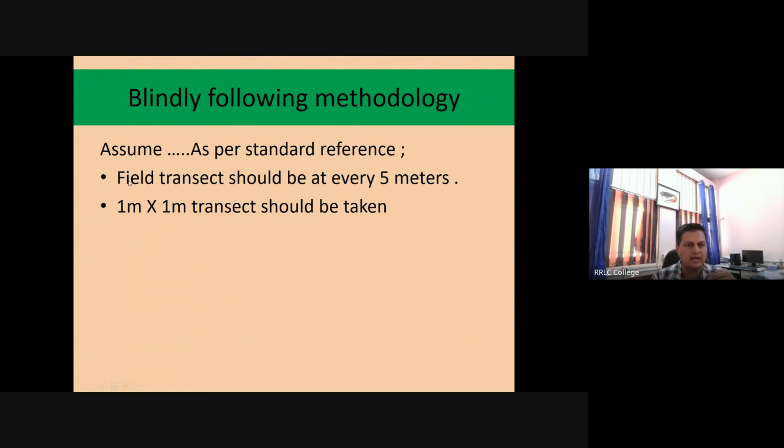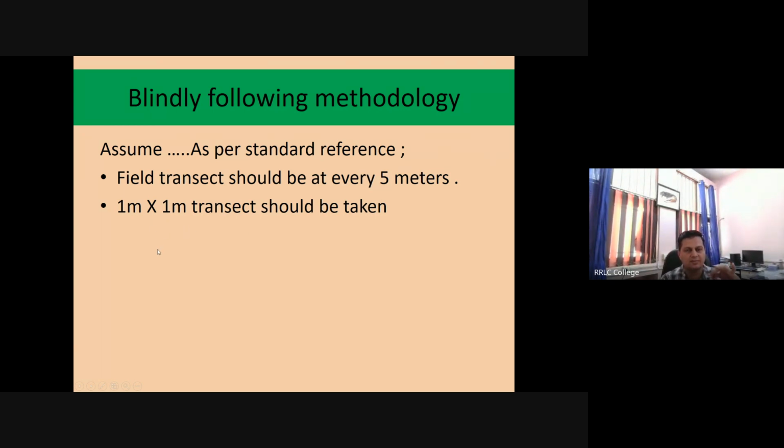Okay, one more example. Assume a standard reference says that a field transect should be taken at every 5 meters, and in the transect you should take a quadrat at every 5 meters, and the size of the quadrat should be 1 by 1 meter.